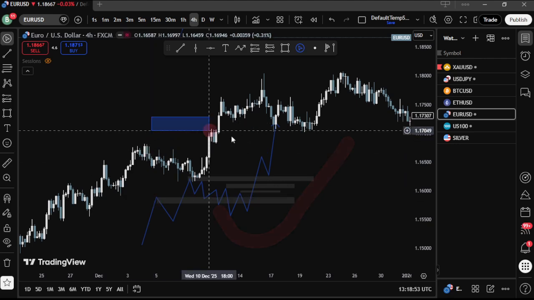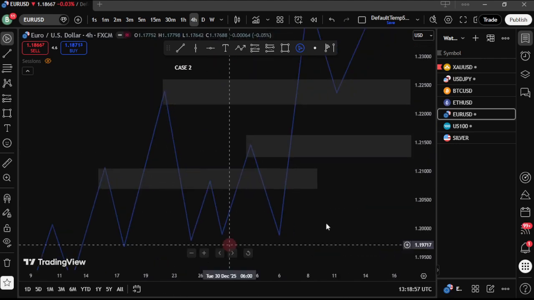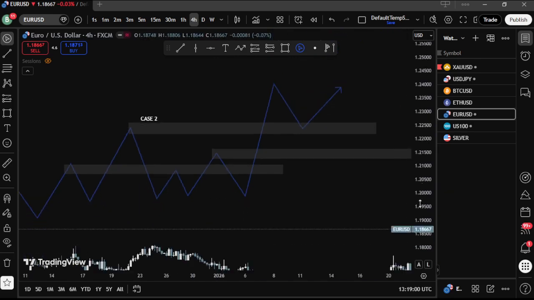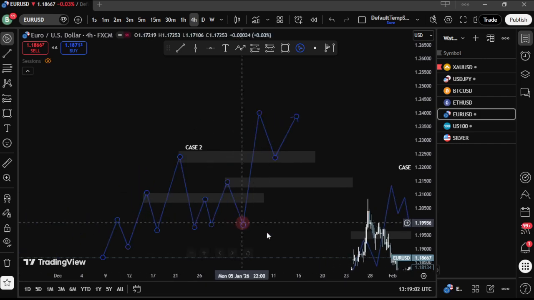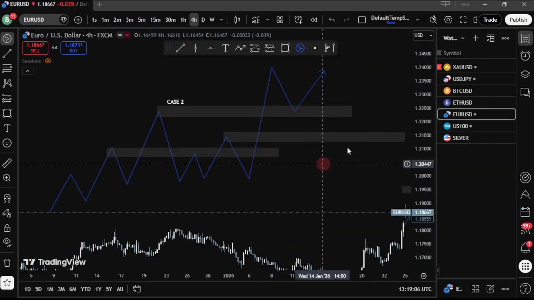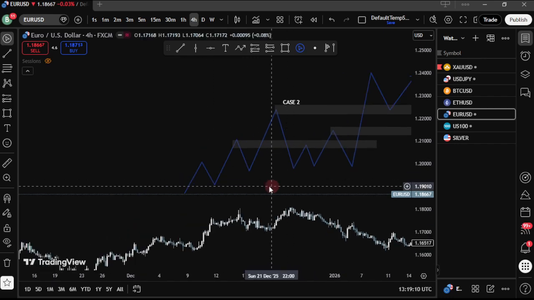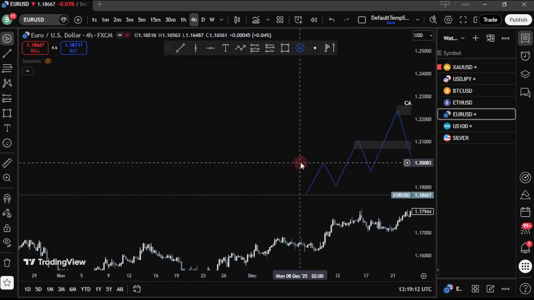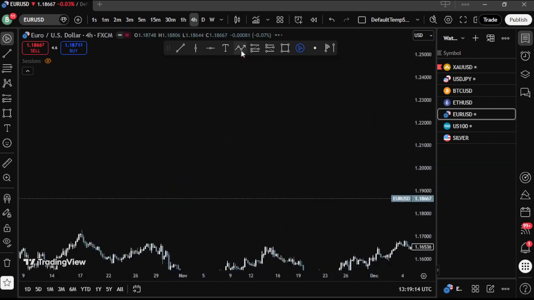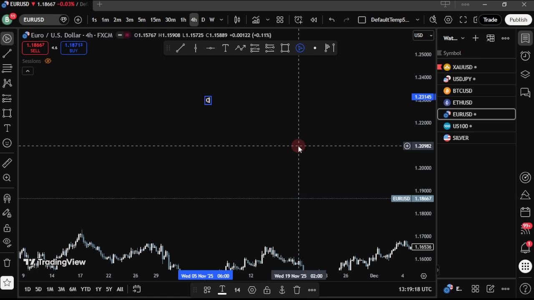All right, let me delete these things. So where was I? Case two. Yeah. So this case two, we have to take this thing into consideration. Now, there's case three. Okay, there's case three, which is also something that you have to take notice of. Case three,